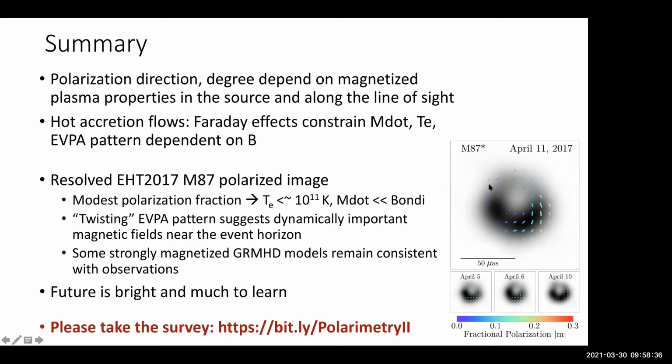So my question is, I can understand for the direct emission, this EVPA is related to the transverse projection of the B field. But what about for the lensed photons? I think on the ring they contribute quite a lot. Do they have the same direction, or will they wash out or give some turbulence?